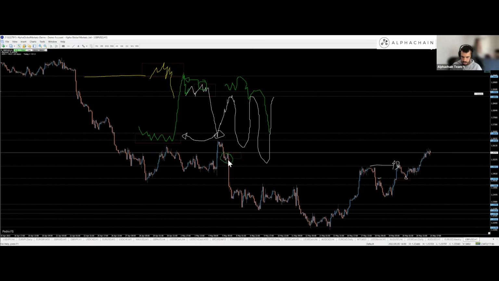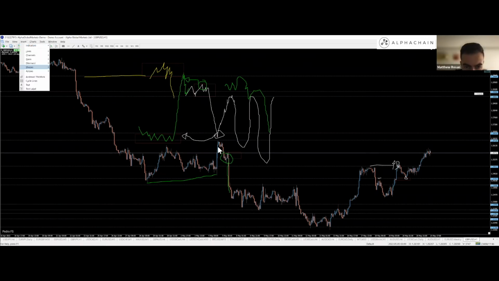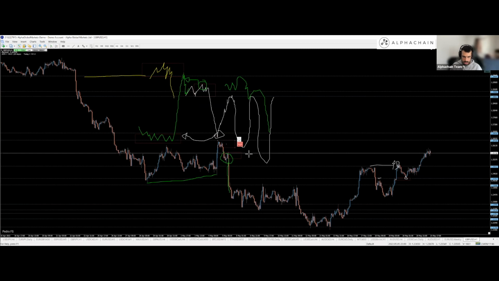This one, that it breaks out these lows, correct? Matthew? Yes. Yep. Yeah, it's what we have just above it. Another one, right? So are you expecting